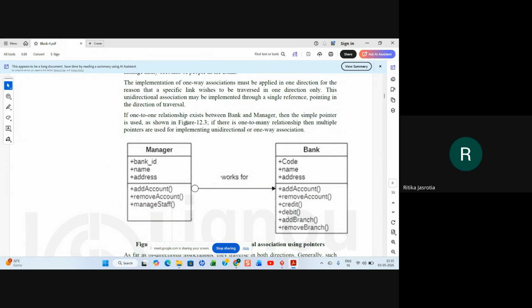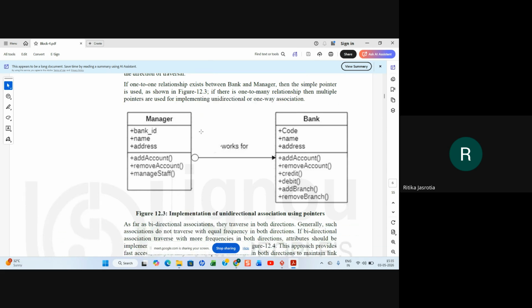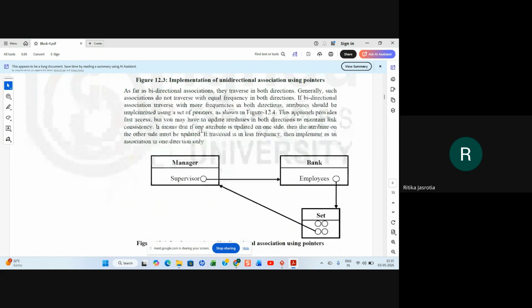So, if a one-to-one relationship exists between bank and manager, then a simple pointer is used. Here, a simple pointer is used. If there is a one-to-many relationship, then multiple pointers are used for implementing unidirectional or one-way association, like here. So, as far as bidirectional association, they traverse in both directions. Generally, such associations do not traverse with equal frequency in both directions. If bidirectional association traverses with more frequency in both directions, the attribute should be implemented using a set of pointers like this,